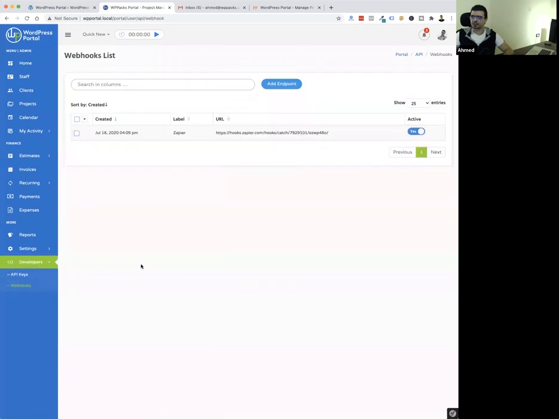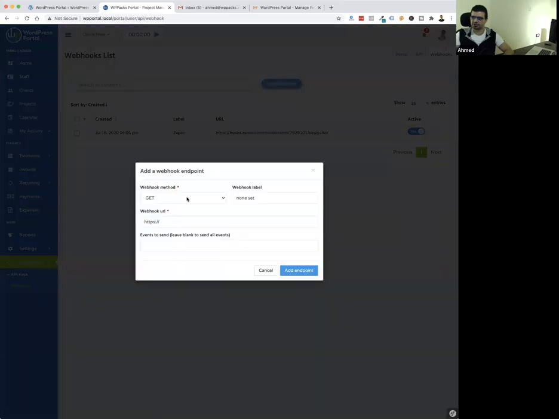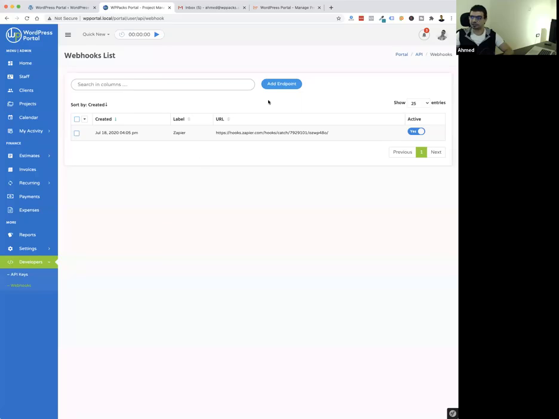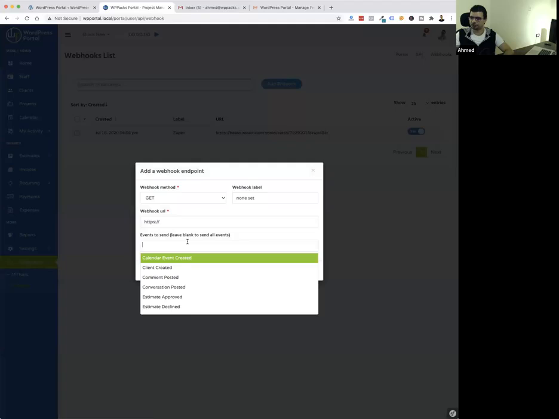Same thing for webhooks. Webhooks means that anything that happens in app, like creating invoice or sending estimates or creating projects, you have the option to send this action to another app or a service or an endpoint. You can just add this endpoint here, select the method. It's get, post. It's more technical for web developers. That's why it's called a developer section, where you can send the webhook based on the selected events. From here, you can select the event you want to send, when a client created or a comment posted